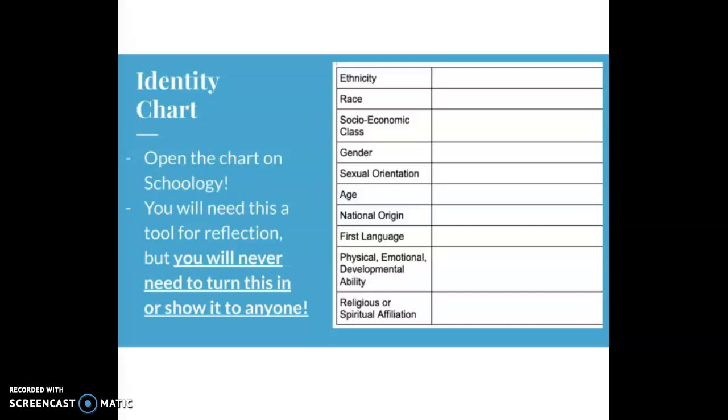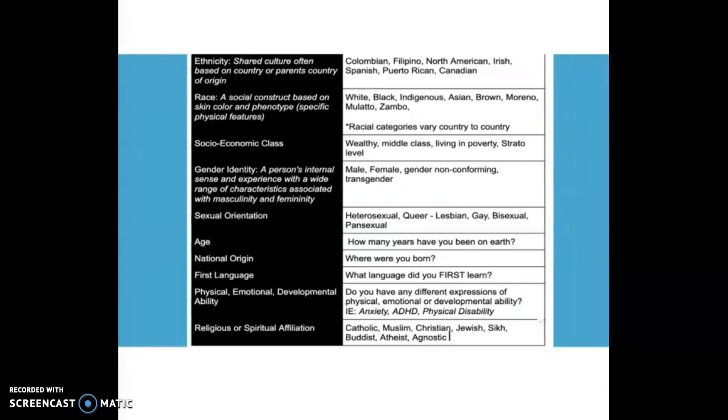So here's what I decided to do. Instead of just having my identity chart, I created one that was filled out with lots of examples and some important definitions on the side. So you can put this on the screen, talk through some of these, and then you can give examples personally if you feel comfortable. Because we're all using the same slides, I didn't want to put my filled out chart here and then you would have to fill out your own. So I just created one with lots of examples and explanations and definitions, and then you can just walk through